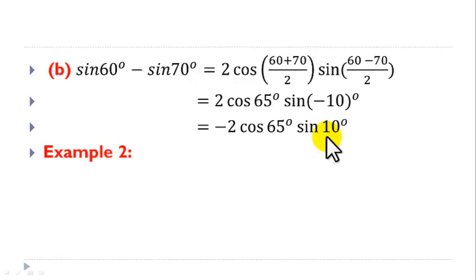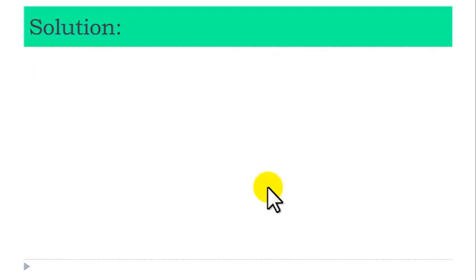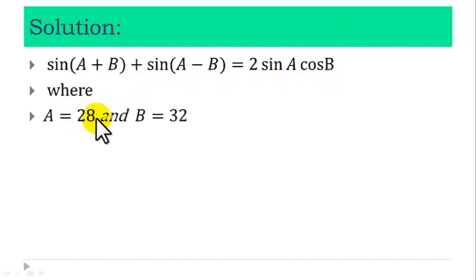Example 2. Express sin 28 degrees cos 32 degrees as sum or difference of two sines. Solution. We recall that sin(A plus B) plus sin(A minus B) is equal to 2 sin A cos B, where A is equal to 28 and B equals 32. So if you put A equals 28 here and B equals 32, this will give us 2 sin